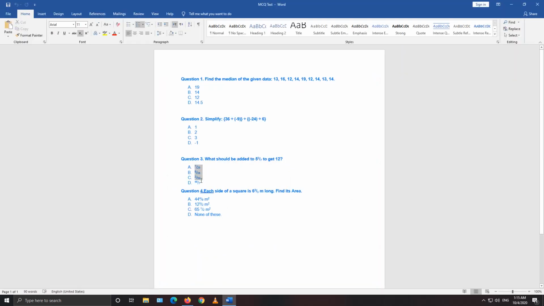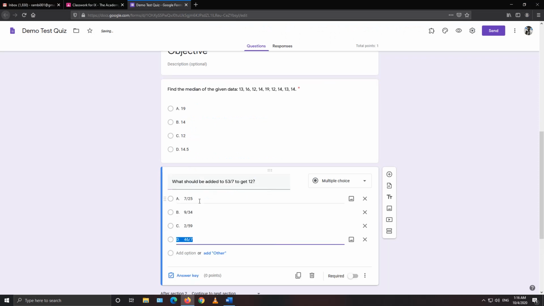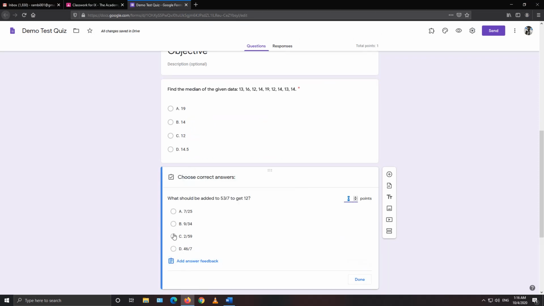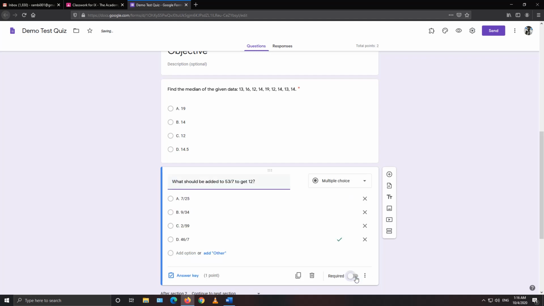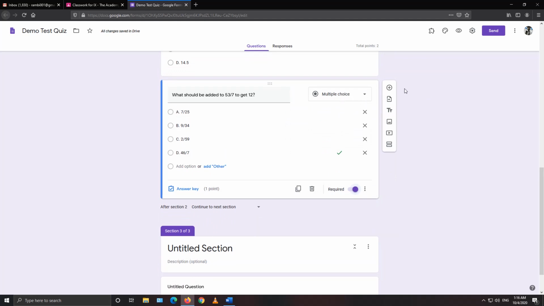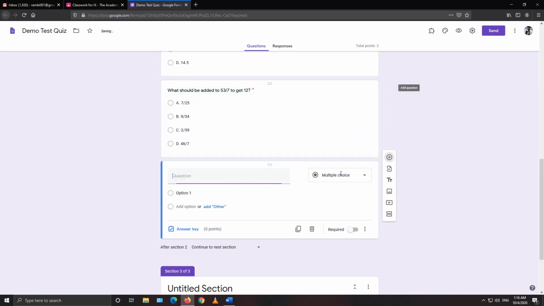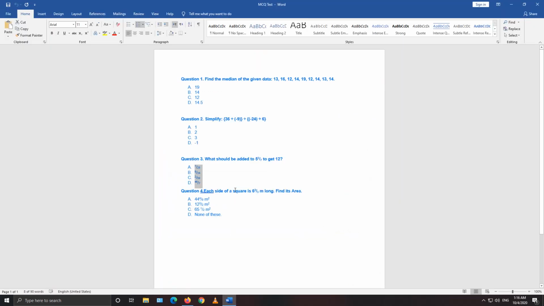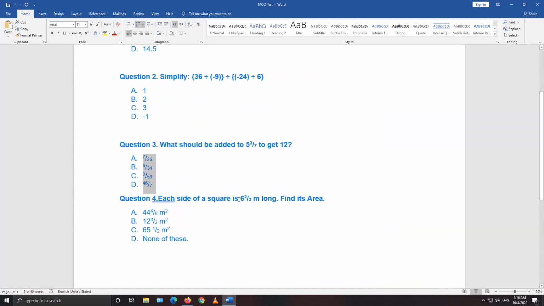Then the options. Under option 1, answer key for any one, add points, done, required. This should be a norm for every MCQ question. Add again. Okay, for few questions, for example, in mathematics, this specific number is in mixed fraction, so it